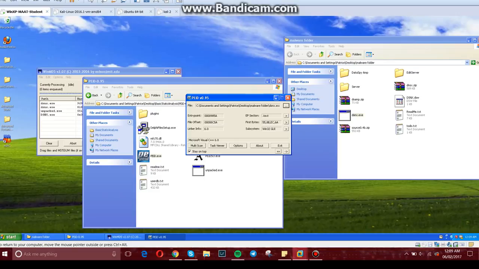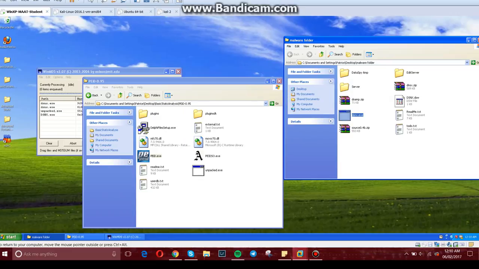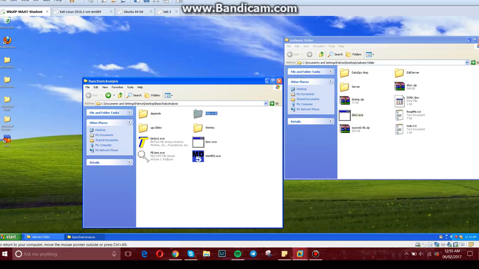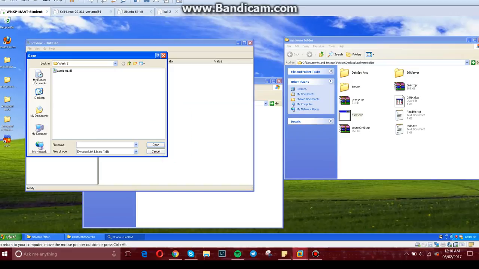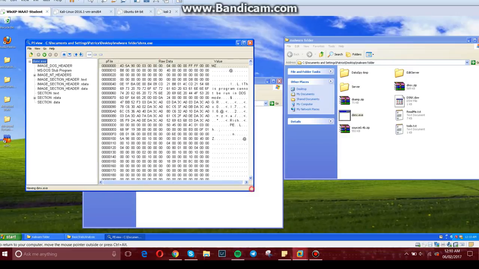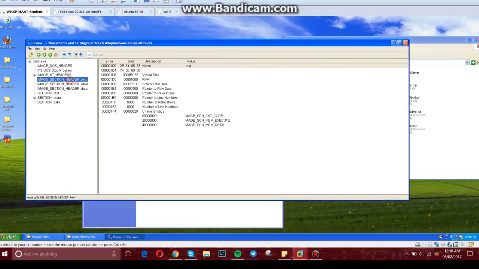So as you can see here, this is actually Microsoft Visual C++, meaning that it's not a packed malware, so it's easy to do analysis directly. No unpacking is required. So further on, we will use PE View, then we drag and drop it, and then we'll see more information, such as when the program was created,